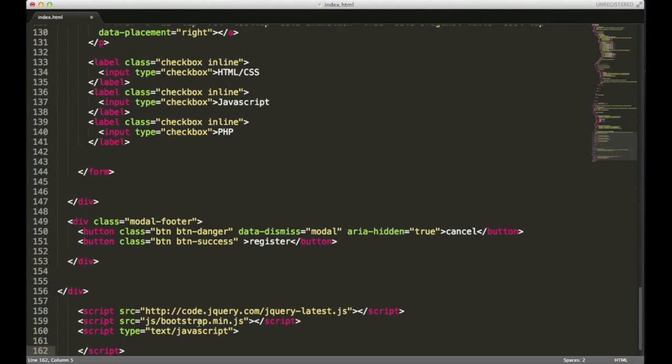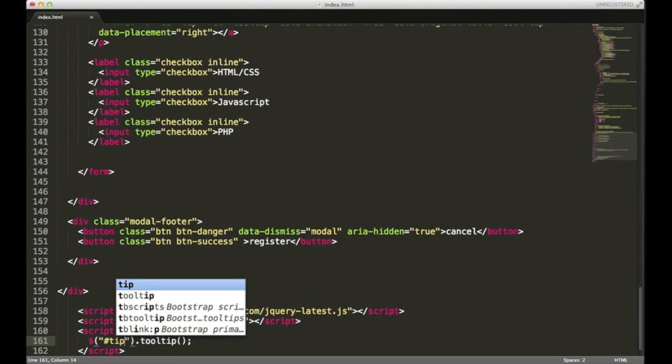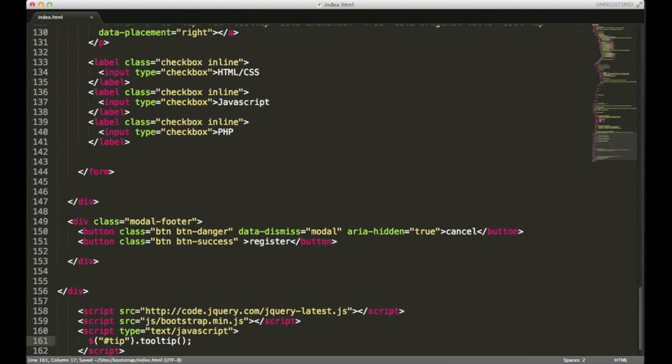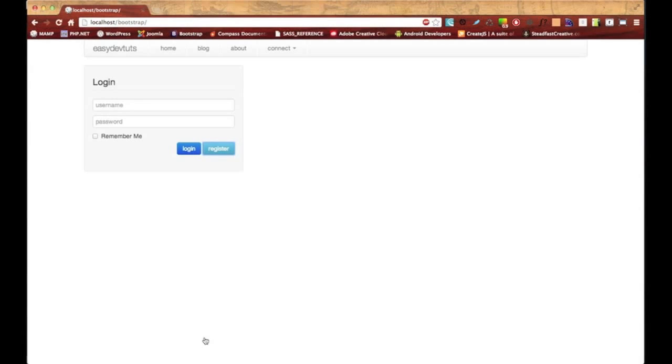And make sure it's below this Bootstrap and below jQuery, otherwise it's not going to work because it's actually going to be written in jQuery. And it's really easy to use. Just use $, open parentheses, dot, tooltip, open parentheses, and then close it, semicolon, and inside of here we're going to need to select our tooltip, and we gave it an ID of tip. I'm going to hit save, switch over to the browser and hit refresh,